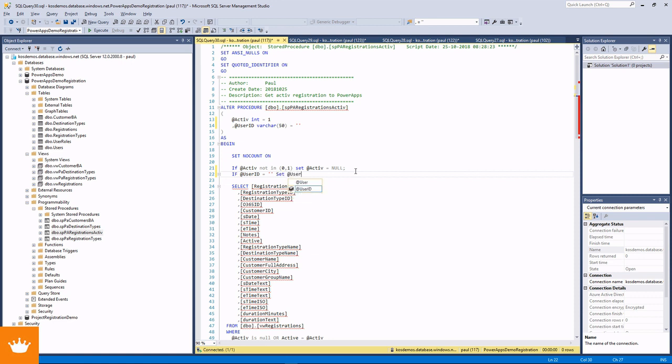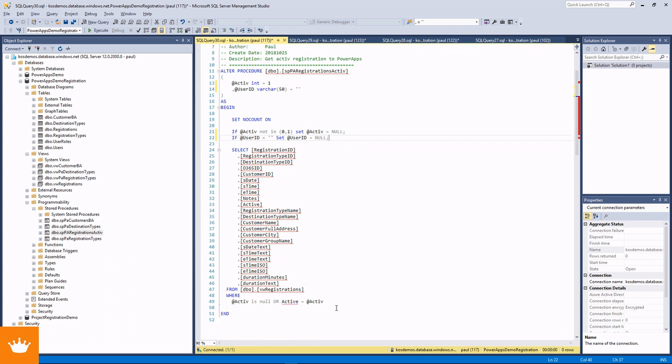set at user ID is no, close our thing, and we'll say end at user ID is no, or 365 ID, or is at user ID. So,